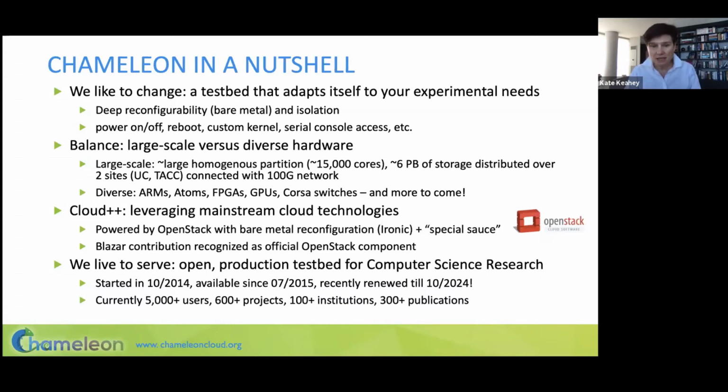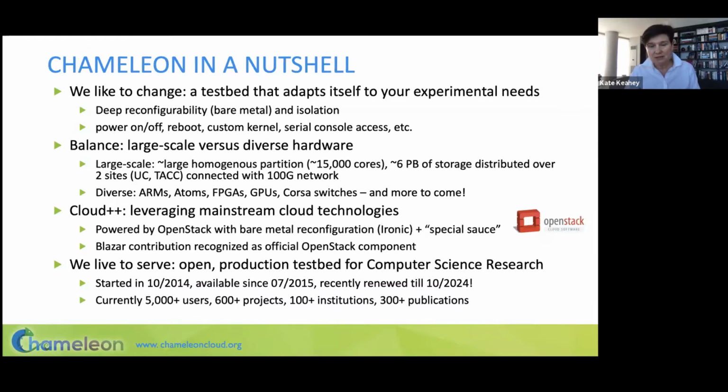And we've got a bunch of hardware that we are just putting in the pipeline and just buying, and I will talk about that later because phase 3 of Chameleon just started. Something that is unique about Chameleon is that it's